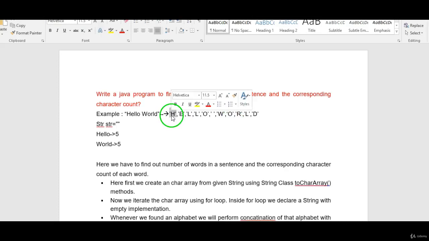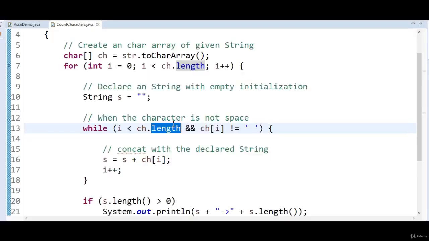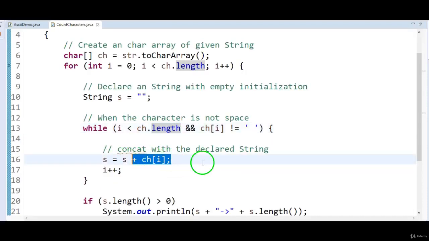Ch of I not equal to space is true. What will happen? S will become s plus ch of I. S is what? Empty. So empty plus H will become H.